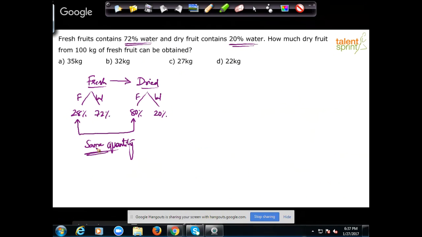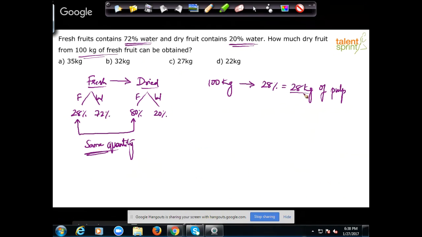That's it. Just focus on that. All you have to look at is the quantity of fruit. Whatever is the quantity of fruit, the pulp will not get lost, right? What will get lost is only the water. So just work based on the quantity of pulp. Now it says how much of dry fruit can be obtained from 100 kg of fresh fruit. Understand, if there is 100 kg of fresh fruit, how much is pulp in this? 28% is pulp, which is 28 kgs. Right? 28 kg is the pulp, the core of the fruit there. Now the same 28 kg will be available in the dried fruit as well. Right or not? The quantity of pulp will not change.